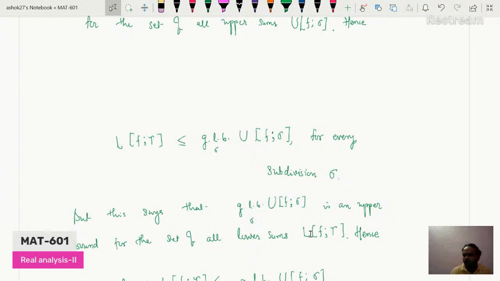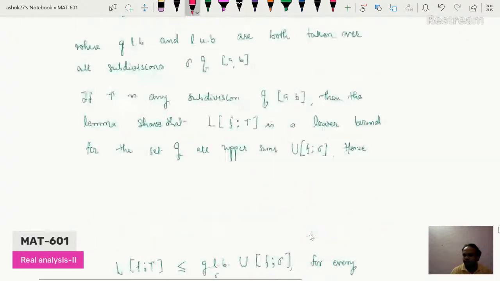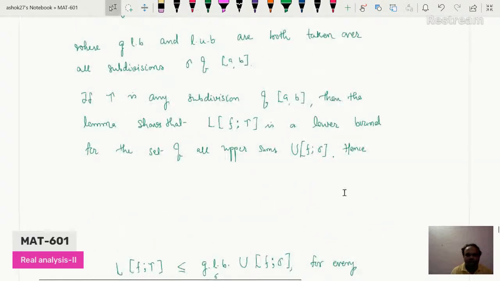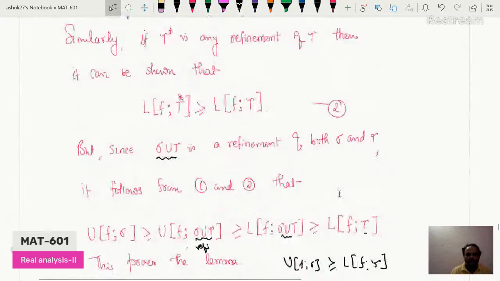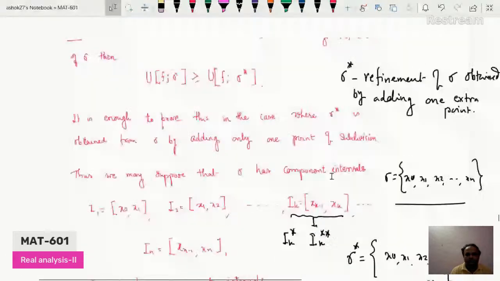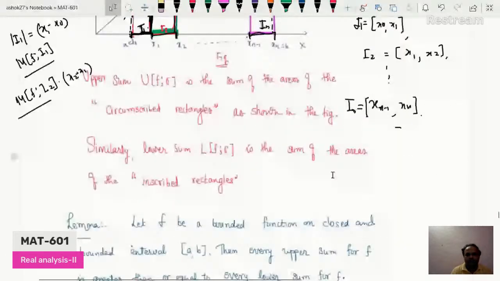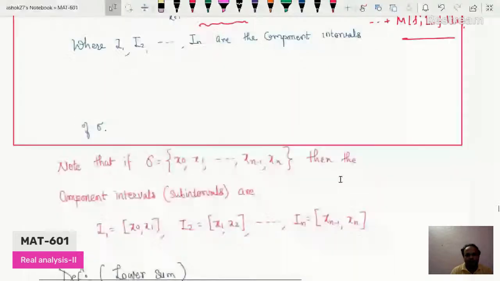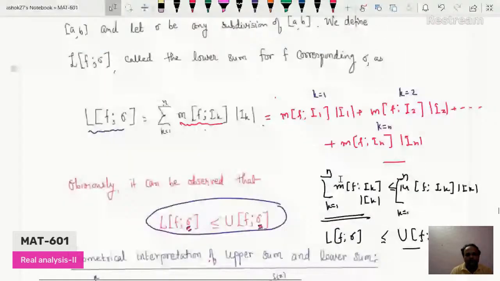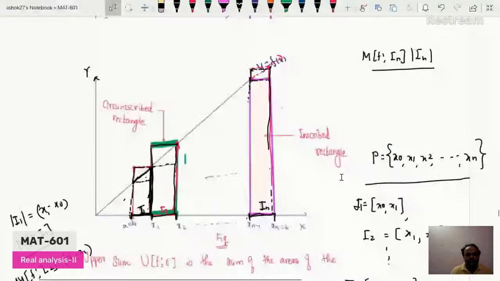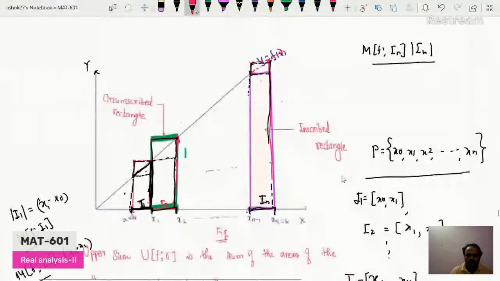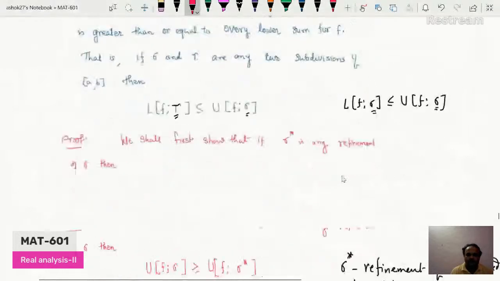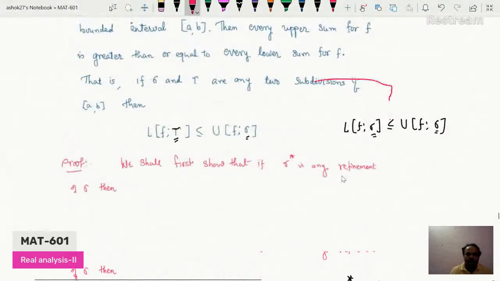So in the previous lecture, that is lecture number 12, we have seen, first we defined upper sum and lower sum, and then we saw the geometrical interpretation of upper sum and lower sum. After that, we proved one lemma, that is,